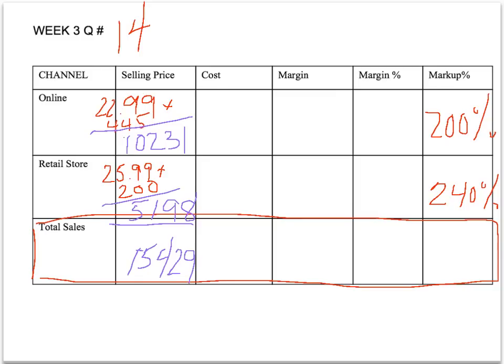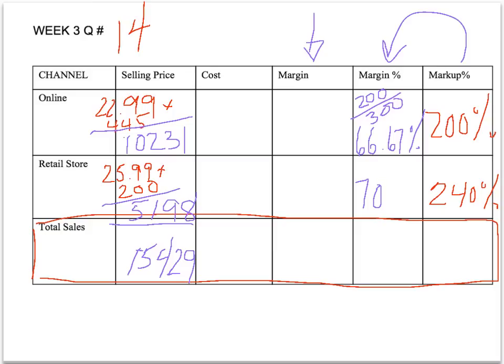Now, moving right along, to calculate our margin here, when you have selling price and a markup, I've told you just flip your markup into a margin and you'll be off to the races. So to change a markup to a margin, we divide markup percentage divided by 100% plus your markup percentage. So in this case, we've got 66.67%. And below, 240 divided by 340 gives us